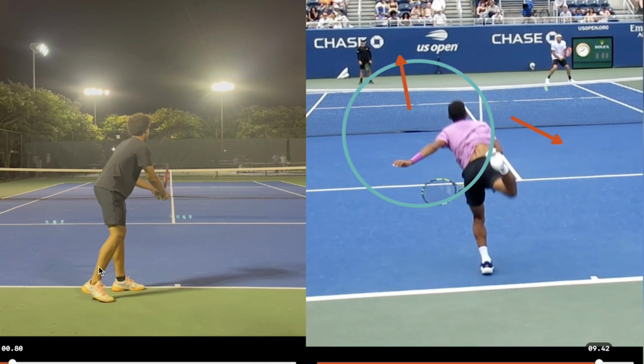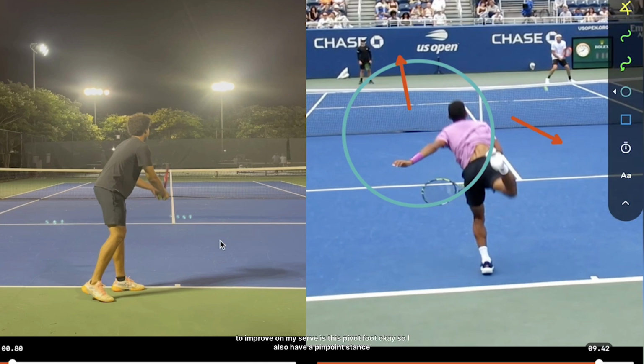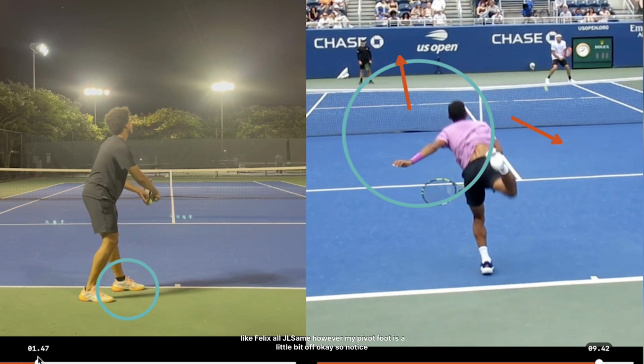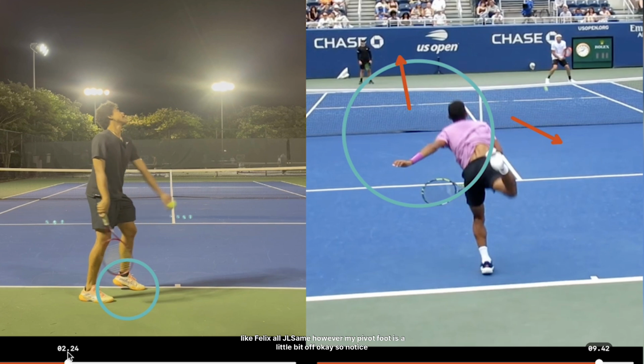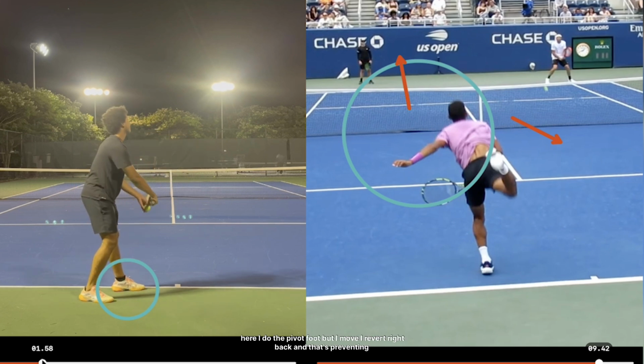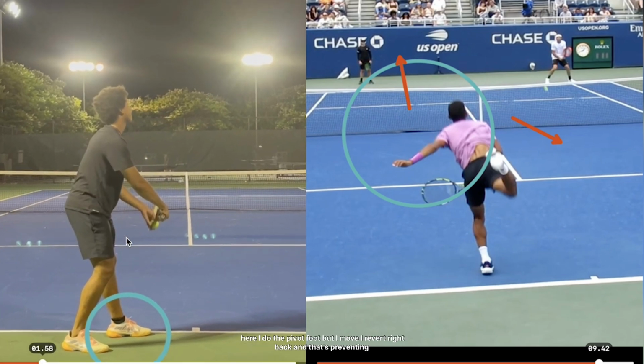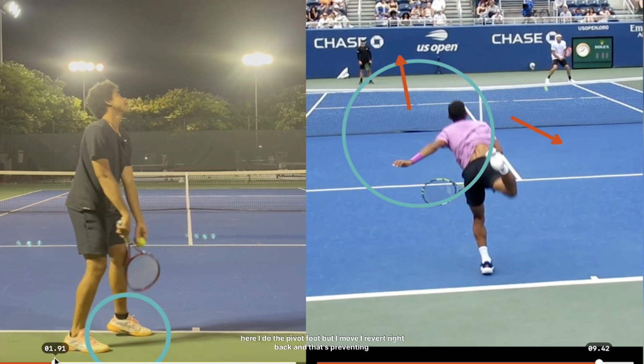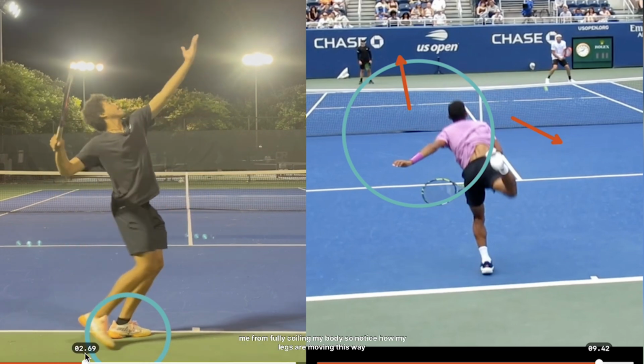Initially, one thing that I need to improve on my serve is this pivot foot, okay? So I also have a pinpoint stance like Félix Auger-Aliassime. However, my pivot foot is a little bit off, okay? So notice here, I do the pivot foot, but I revert right back, and that's preventing me from fully coiling